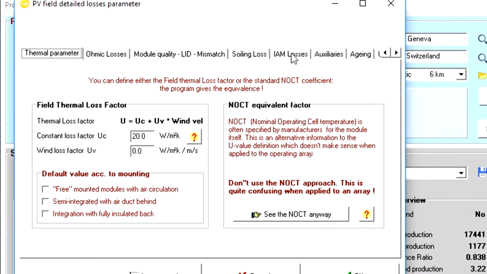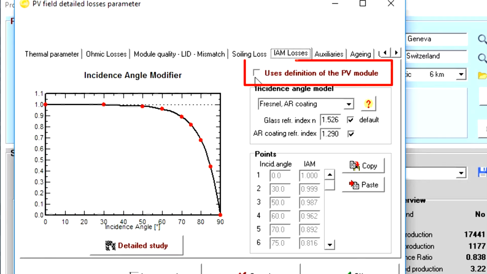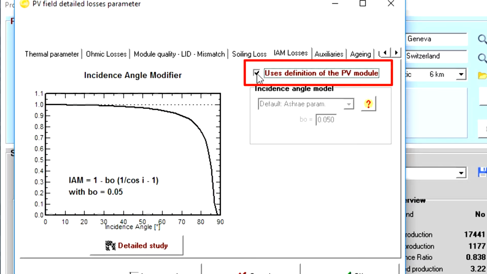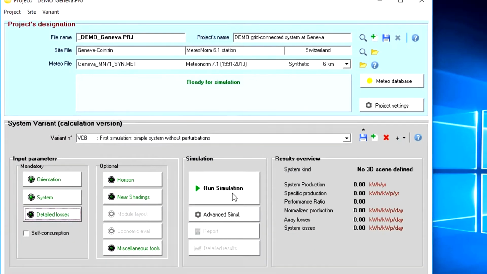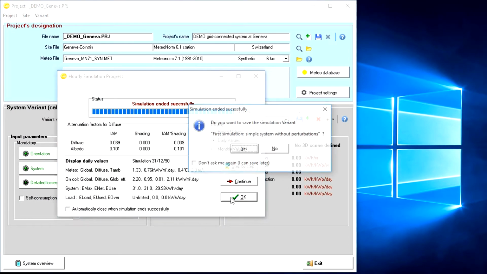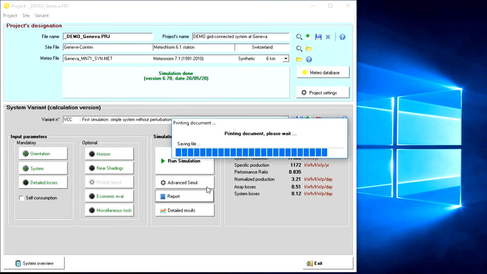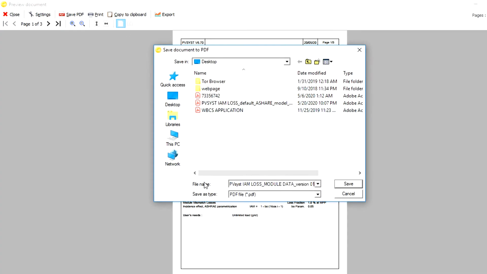Similarly, like earlier steps, go to the IAM Losses tab under the Detail Losses window and check this option, Use Definition of PV Module. This means now PVsyst will follow the data as per the manufacturer's provided details in the pvsyst .pan file. Now run the simulation, save the report as a PDF file with the name PVsyst IAM Loss Module Data version 01.